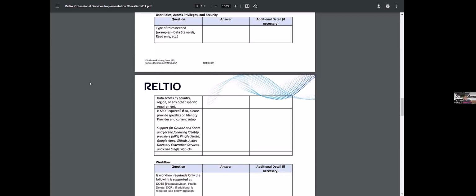So we can probably identify the most important ones that are required for day one, fill in those to start with, and then document the rest of the other things.